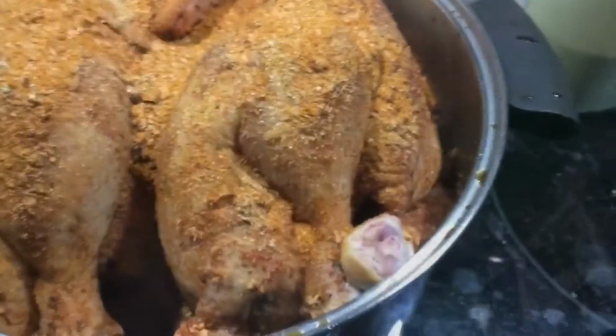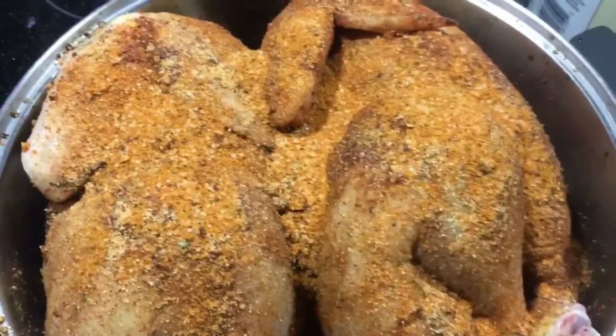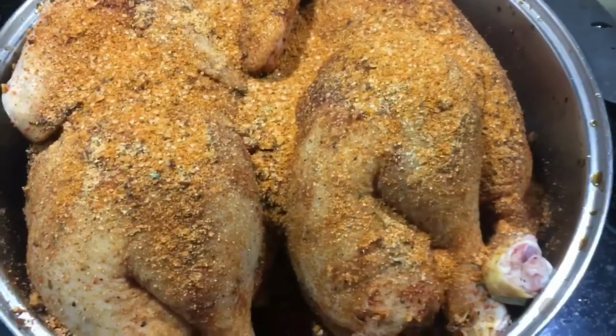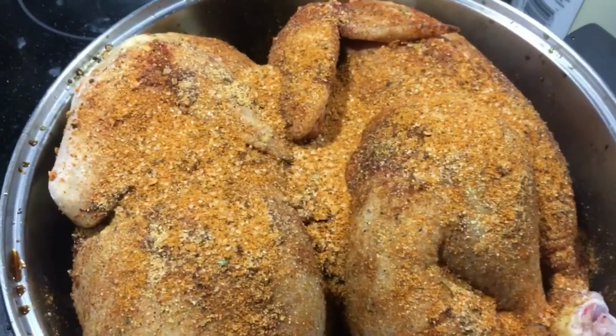Hey, today we're cooking chicken. Marinade. It's gonna be nummy. Here you go. We're doing chickens today. Now I got 2 fryers here. And I am marinating in Worcester and soy sauce